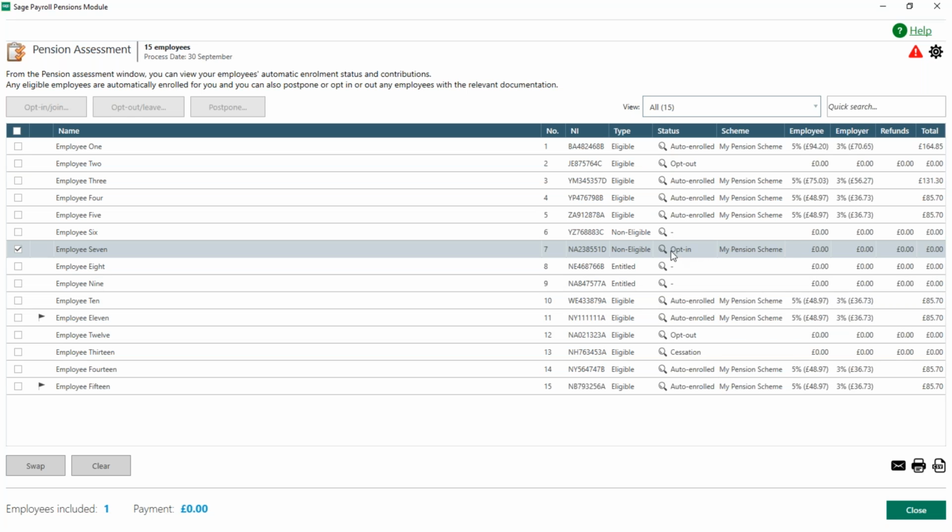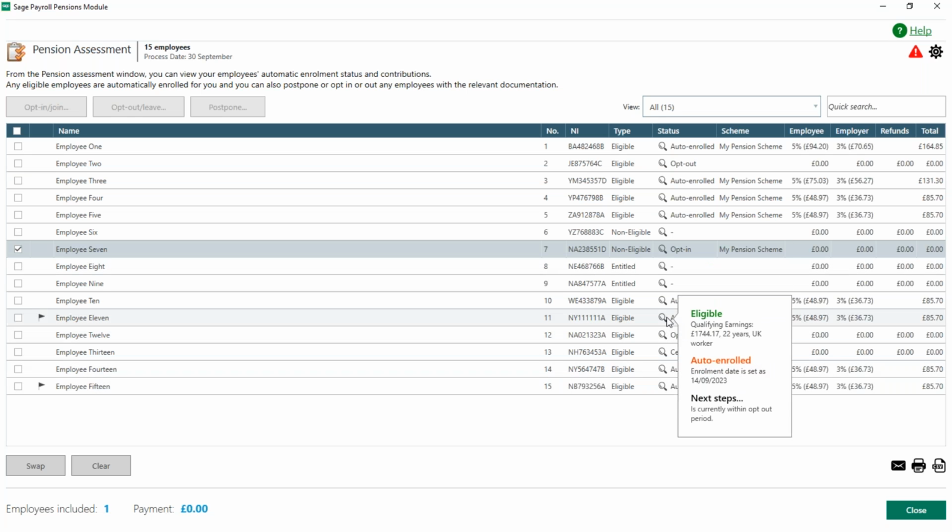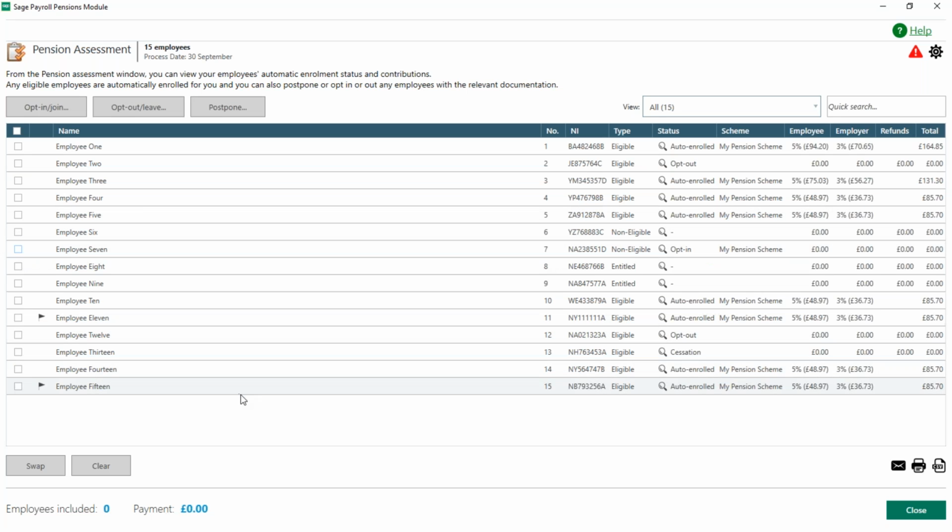period. So you can see the opt-in details have been entered and the enrollment date is set to the 6th of October. And that's because the 6th of October is the start of the next tax period for a monthly paid employee. So opting in takes effect from the next pay period. Auto-enrollment, as you can see here, takes effect immediately from the date that auto-enrollment was triggered. So the next option is